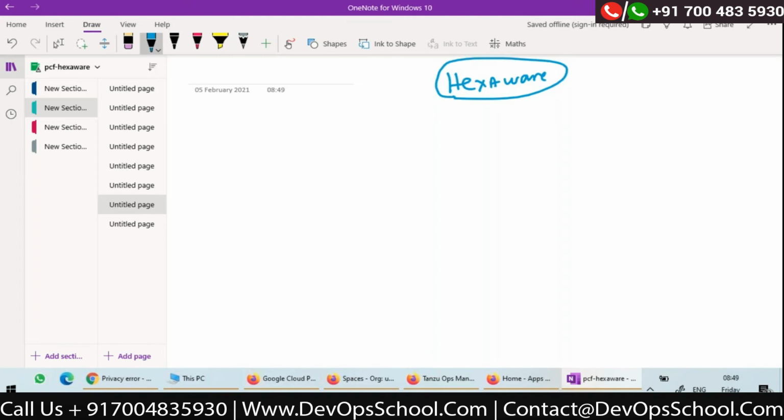For each project, do you want a separate installation of Cloud Foundry? Too much. Licensing cost will be high, infrastructure cost will be high.